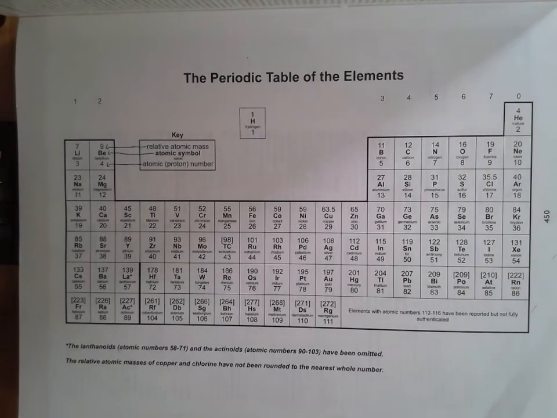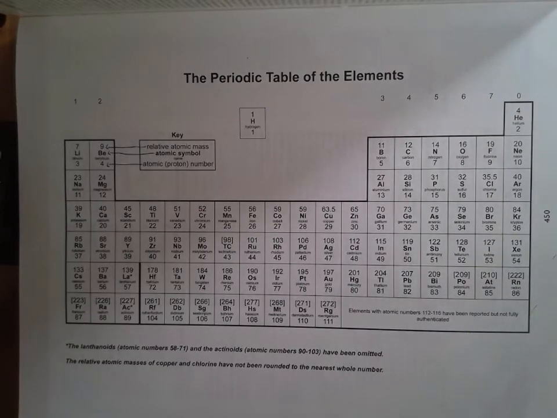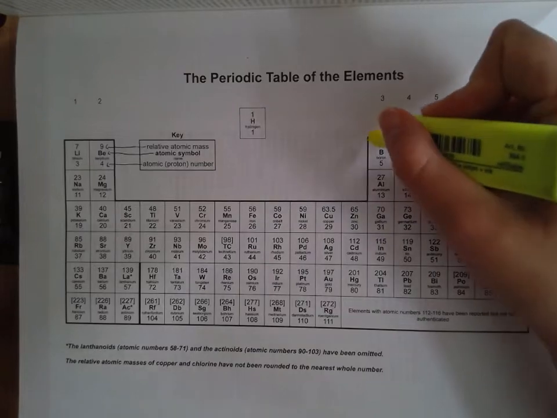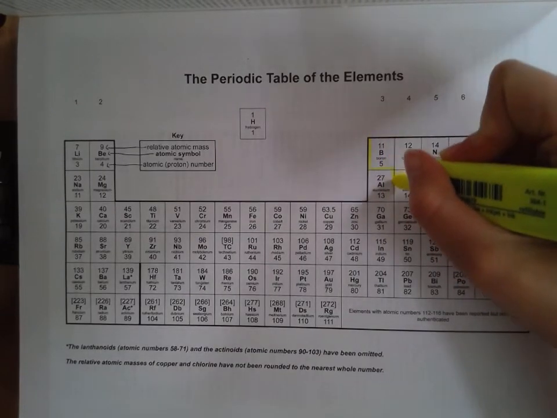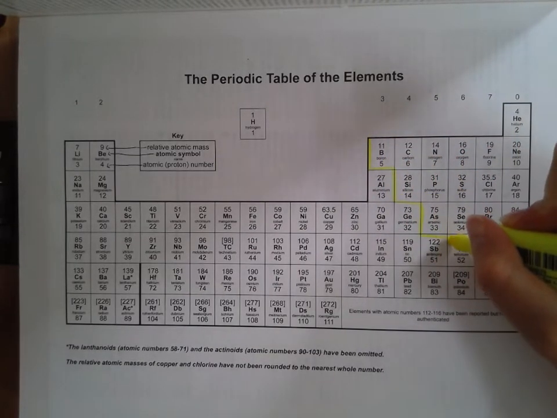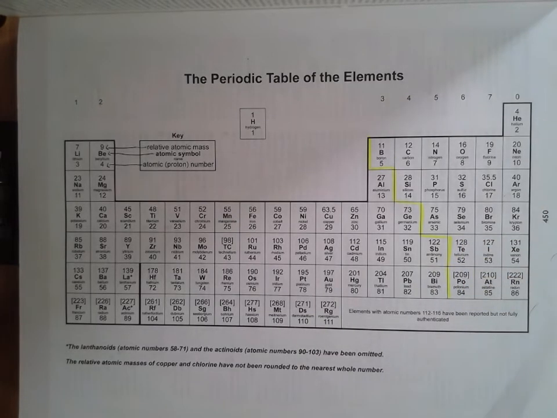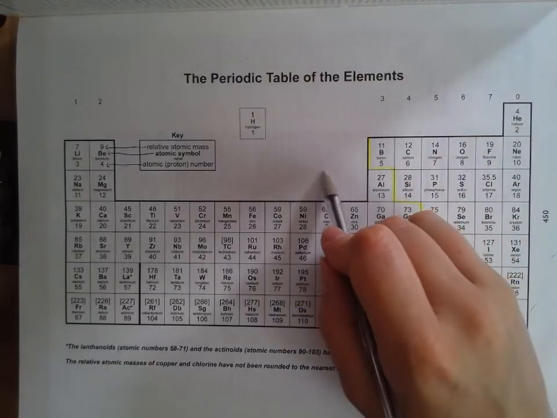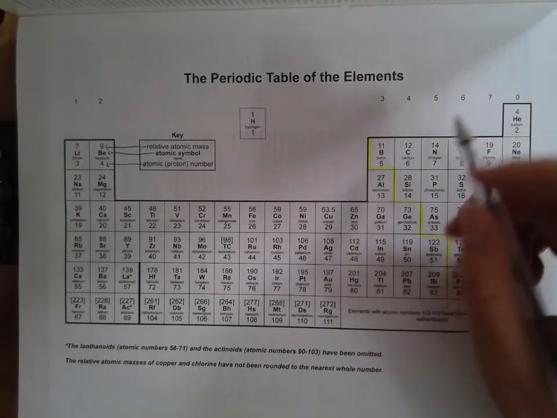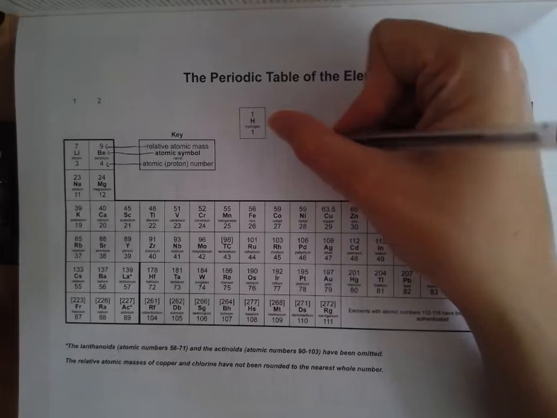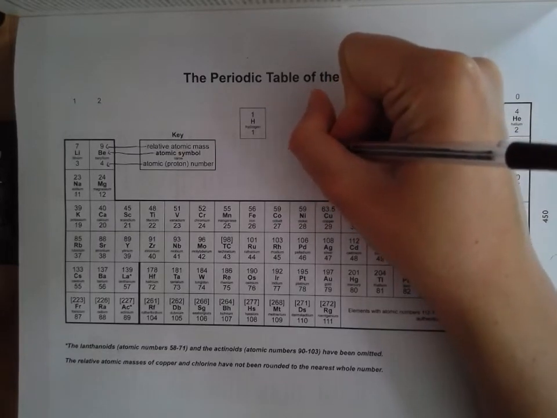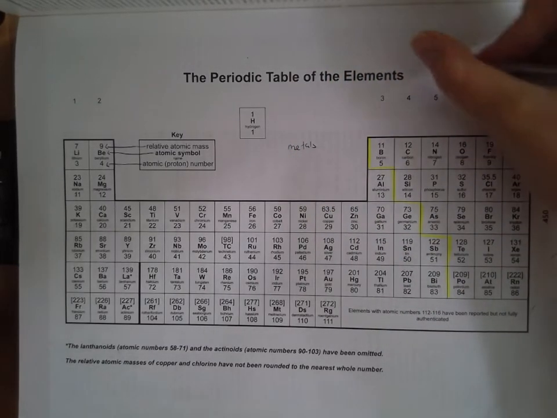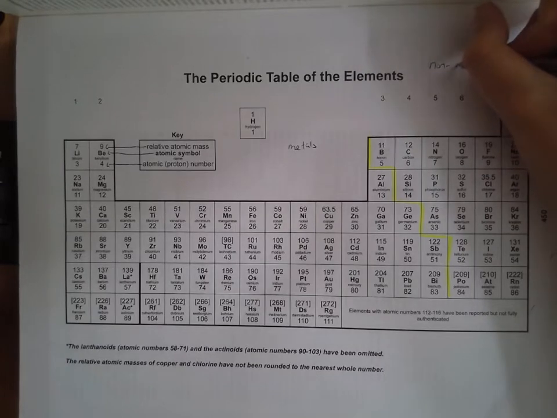Other thing that you should be doing, okay, is you should be filling the following into your periodic table. You should do this right at the start of the exam. Just fill in these little things, and then you'll have them to refer back to, okay? So I would draw in my line, and I remember that metals are on the left-hand side and non-metals are on the right-hand side, okay? So you've got metals on the left-hand side of that line, and you've got non-metals on the right-hand side of that line,